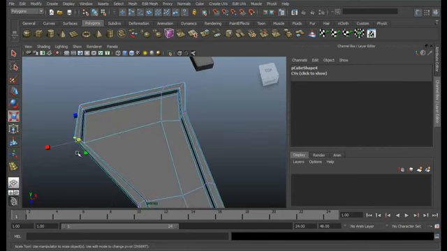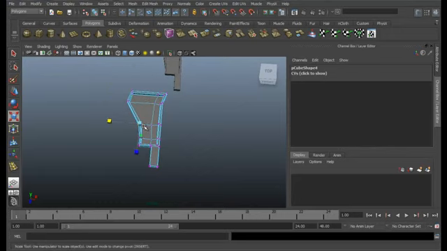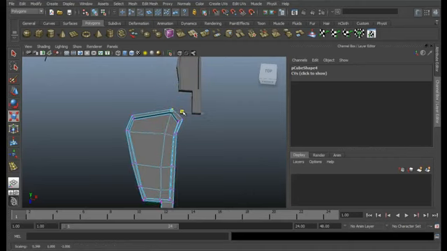Just scale it to match up. A bit aside again this way. So in this way you can create something